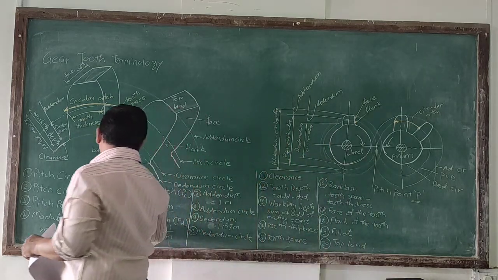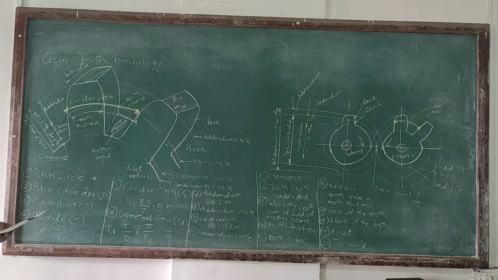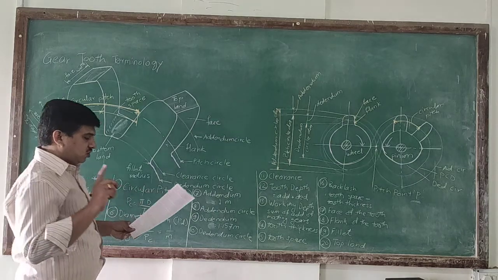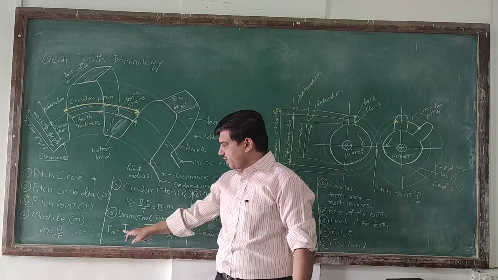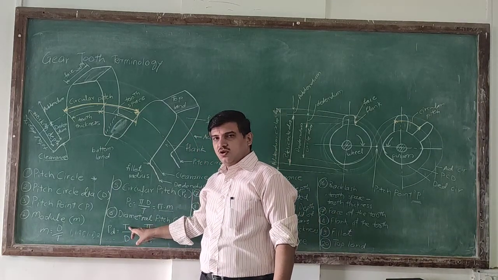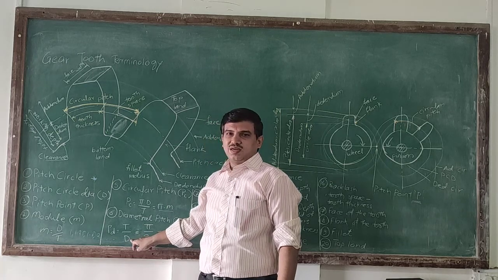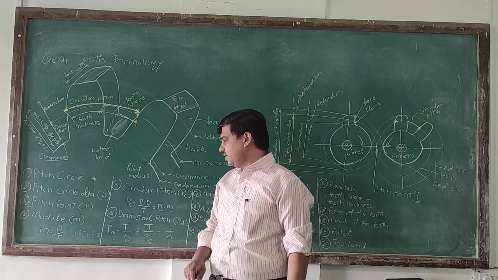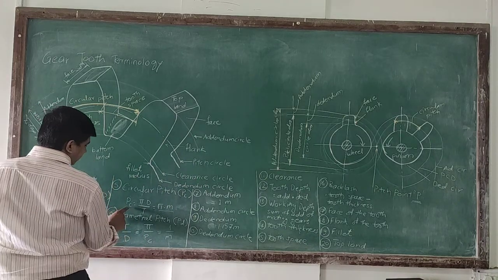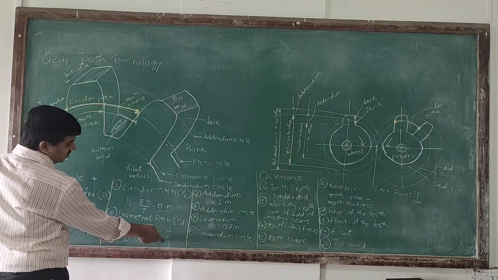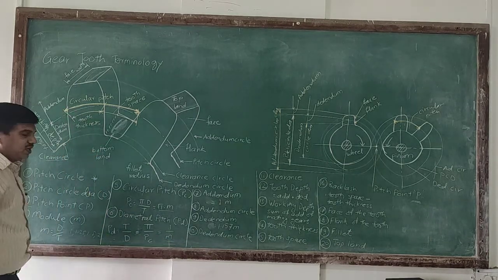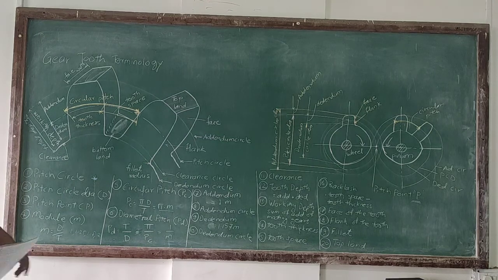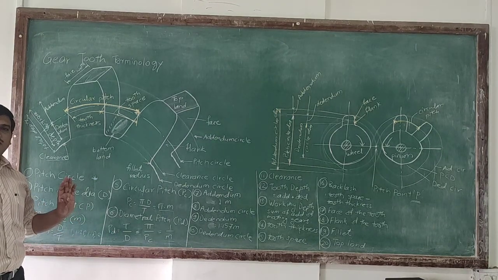Next is diametral pitch. Okay. What is it? Diametral pitch. It is the ratio of number of teeth to the pitch circle diameter. It is nothing but the ratio of number of teeth of a particular gear to the pitch circle diameter. So T by D. So if we replace this T by D from this particular formula, what we are getting is 1 upon M. This is just a mathematical calculation because we want each term in terms of module. So the diametral pitch is 1 upon module.